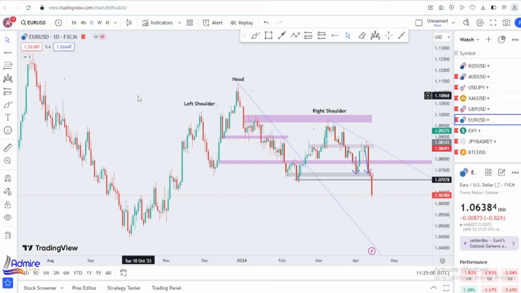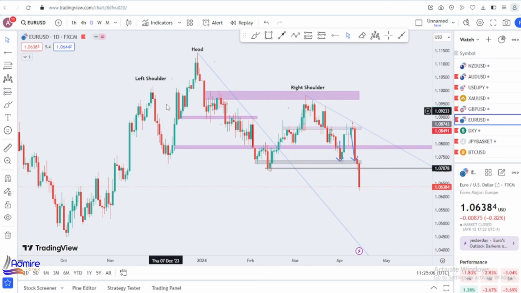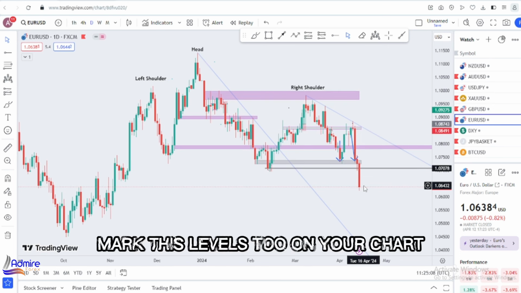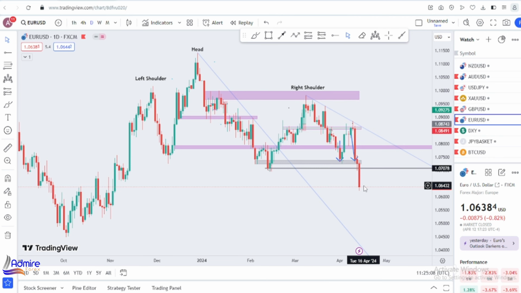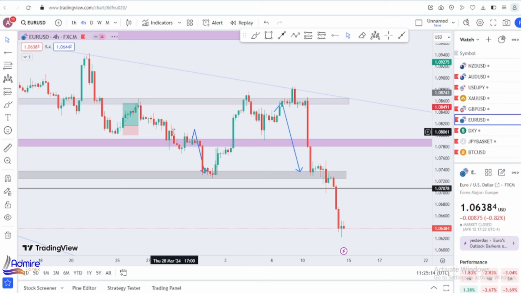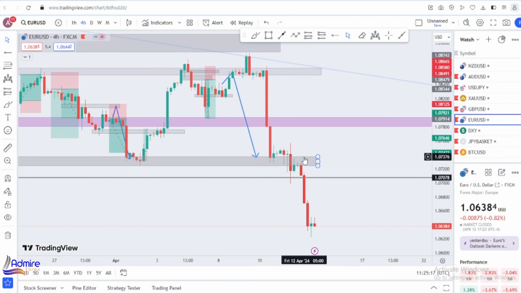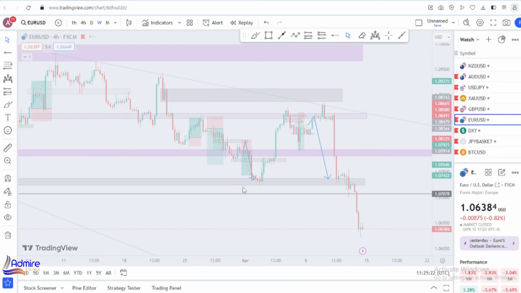Even on the daily time frame, you can see price is also creating a minor chart pattern again, which is our left shoulder, our head, and our right shoulder. So how we are going to make entries off these areas is our main concern right now. So for this week, since there's so much noise, price is looking like it has been ranging.